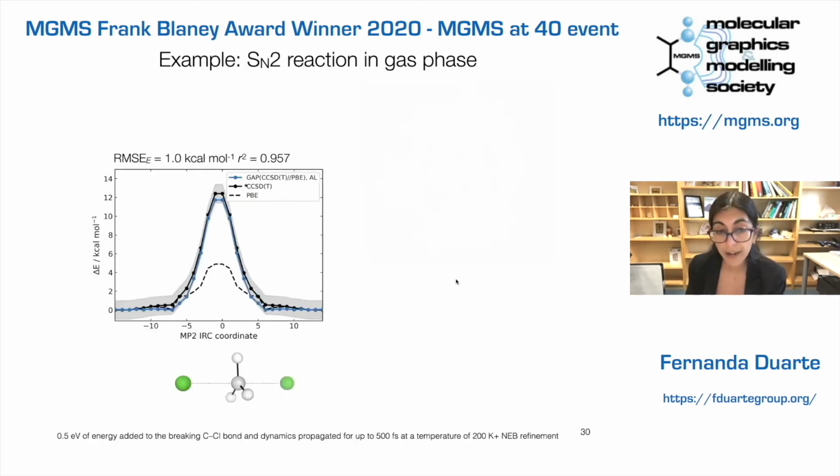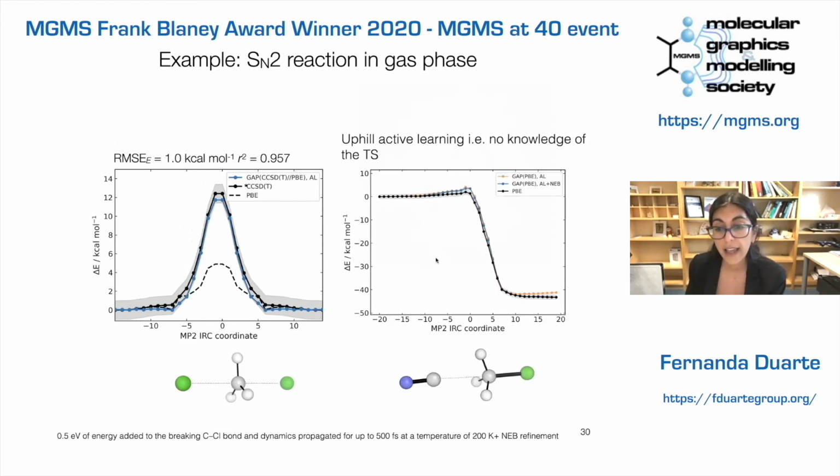We have been looking at chemical reactions, and this is the motivation that we have so far, looking at different types of reactions. So the symmetric and asymmetric SN2 is a very simple process, but it was just to showcase our methodology, that we can use GAP and really reach coupled cluster level. So we can train with PBE, but also improve on that with further training with coupled cluster and have coupled cluster quality at a much lower cost. We usually train from the transition state, but that is not needed. We can train from the reactant and start with active learning, exploring different areas of the reaction pathway. And that has been really useful for us moving forward.